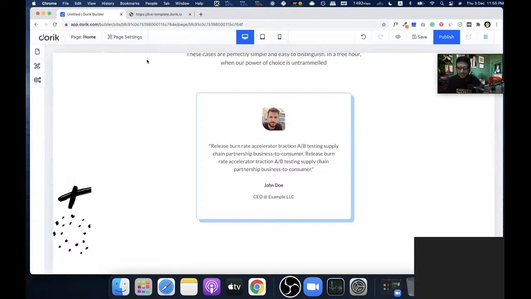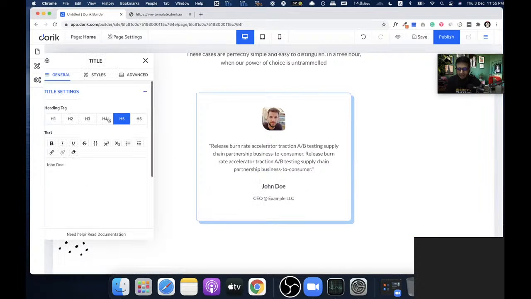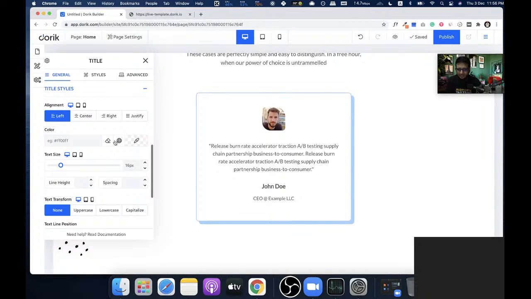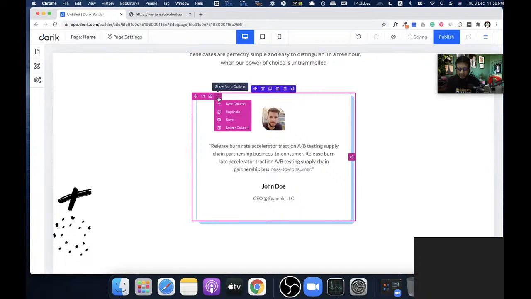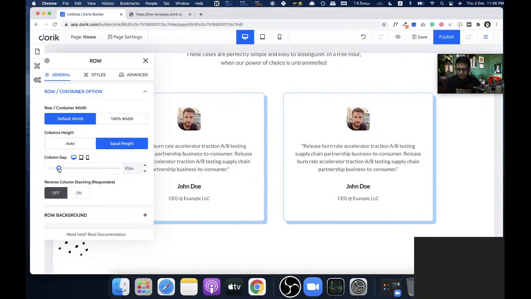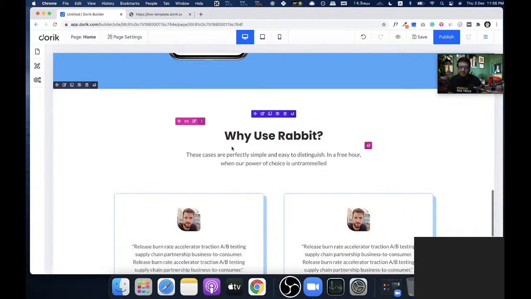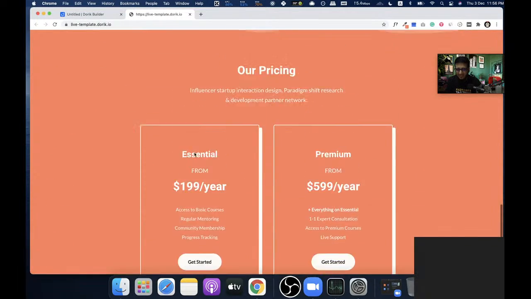So there it is. You can see I think this heading is a little bit larger than what we used. I think this one will be fine, and we can change the color just here. Okay, so we can simply duplicate this column, and you have this too. You can increase some gap between these two columns. Yes, so that's it.